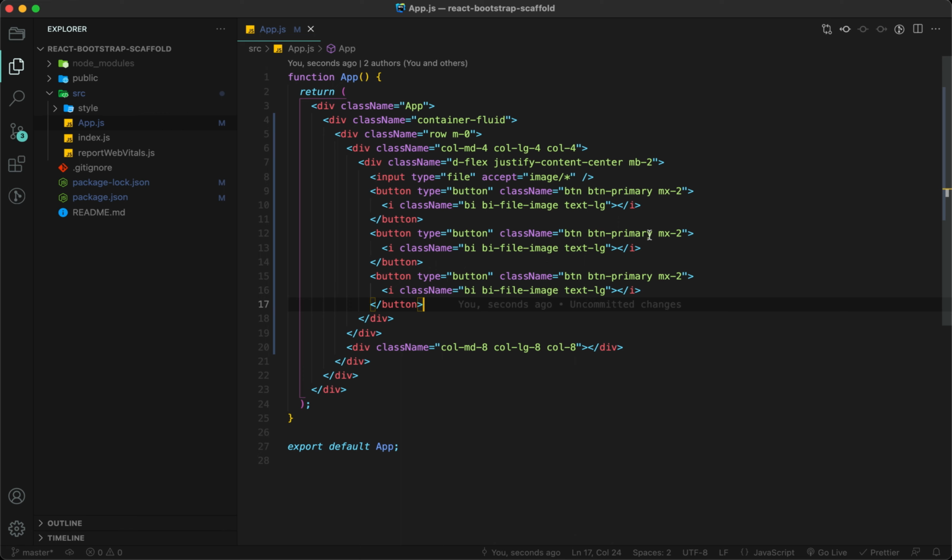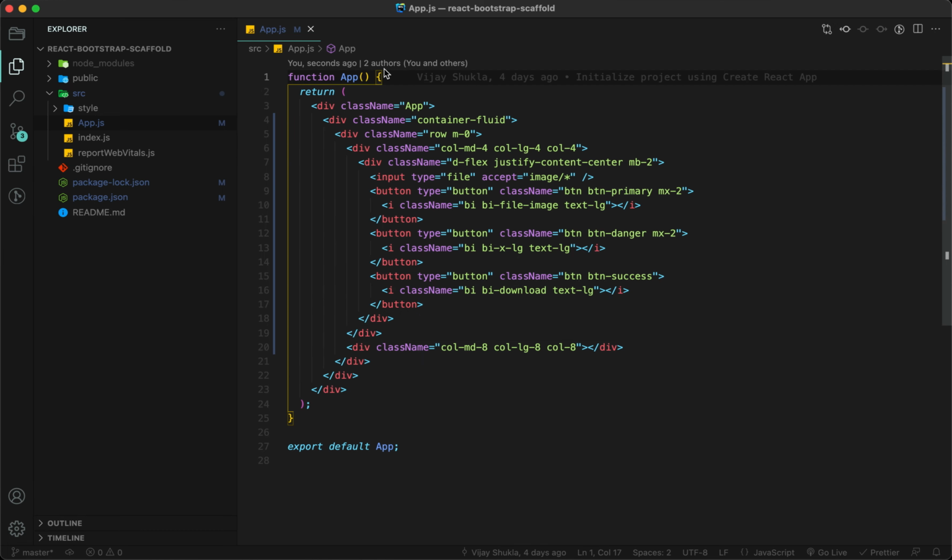This will be a button primary, this one danger to clear the screen, and this will be an x, lg. Similarly this one will be success, and I don't need mx-2 here, and this will be download. Okay, so let us see how it's looking.